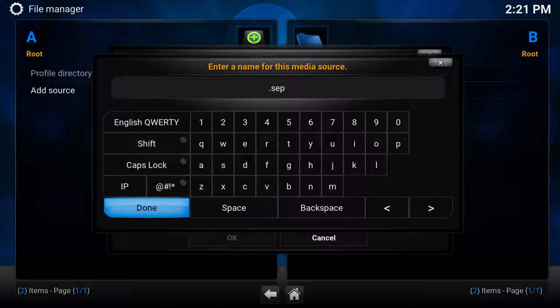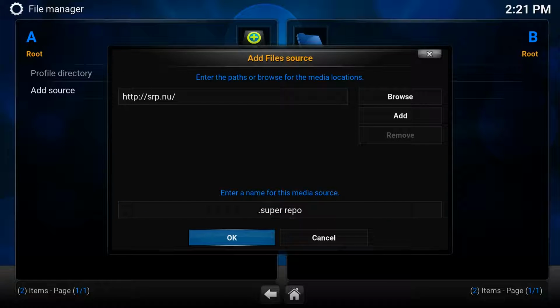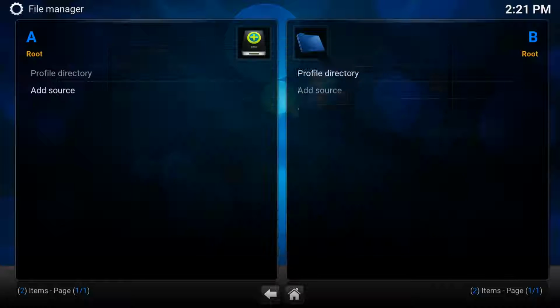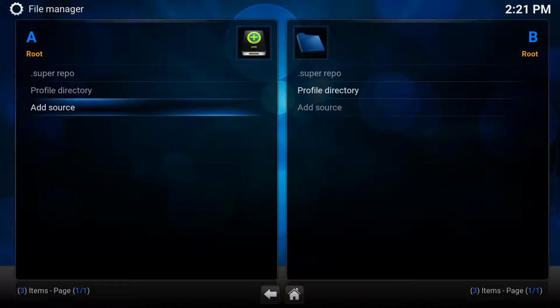Doesn't make any difference what you name this, but I can't even spell Super Repo. You can name this anything you want, but keep it something that you would be able to recognize and differentiate between all the other apps, because basically we're going to install in a few ways, so you want to know what you're installing and what each setup is. There you go. Once it's done, press OK. And as you can see, once it's done, you'll end up with that at the top there. At this point, what we want to do is set that repo up.